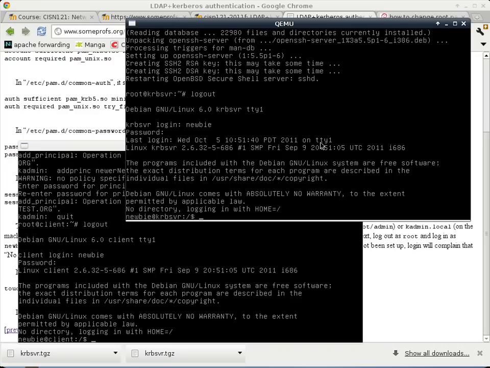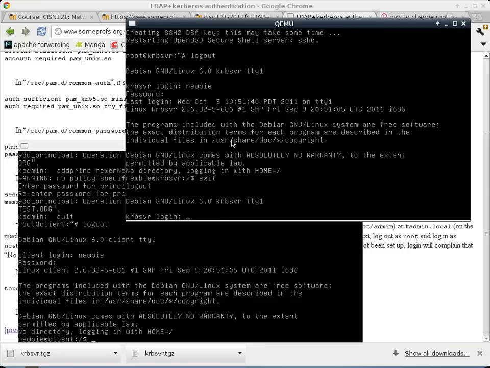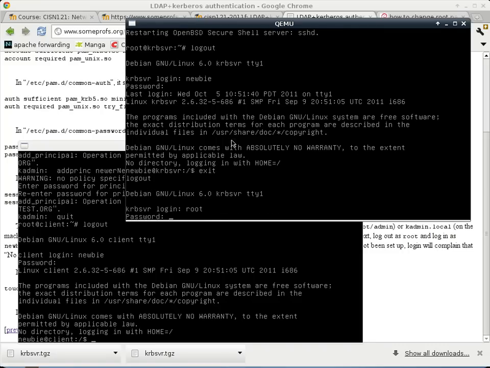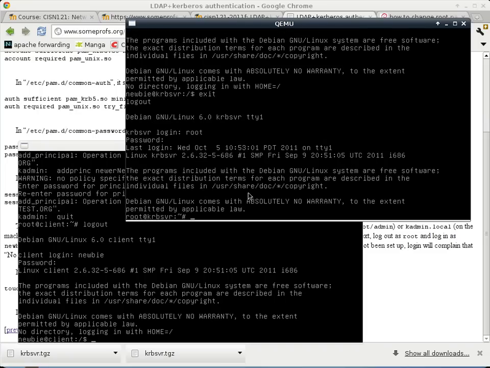So I hope you find this walkthrough useful, and I'll just go through one last thing. Okay, I keep saying one last thing and one last thing, but this really is the last thing. Okay, so on the Kerberos server, I'll just go ahead and show you how to create the necessary home folder for newbie. So what you want to do is not this. Okay, adduser is a bad idea, because we don't want newbie to be identified locally as a user. So we don't want to do that. We'll just go ahead and create the home folder,